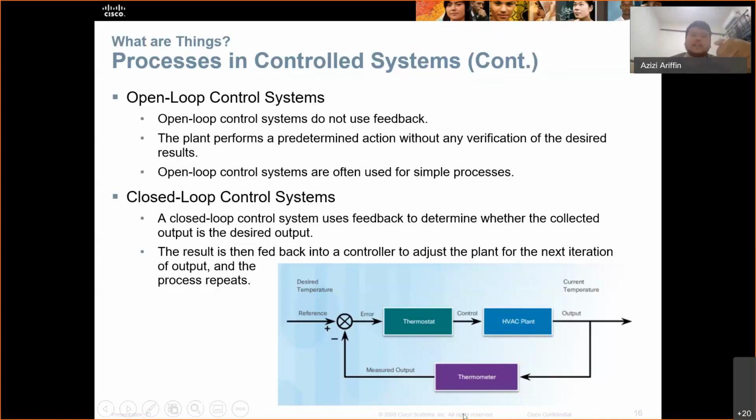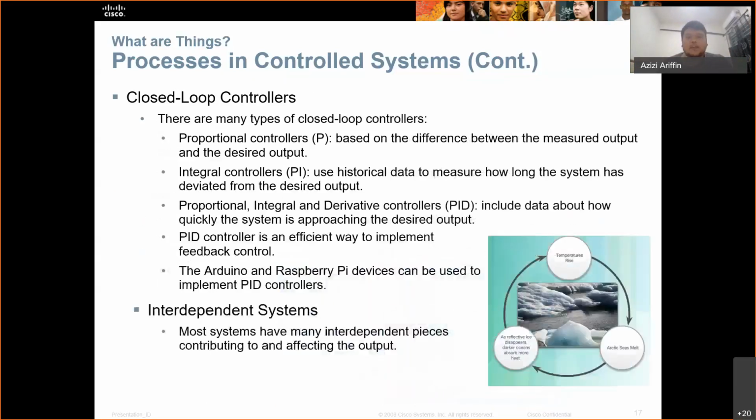So this is example yang macam saya terangkan tadi, kita nak kawal suhu bilik contohnya. Okay? Okay, so untuk closed loop punya controller, of course dia ada controller pasal dia kena ada intelligence dekat situ. So kalau ikut term Cisco ni, dia ada proportional controller based on difference between measured and desired output. So contoh,